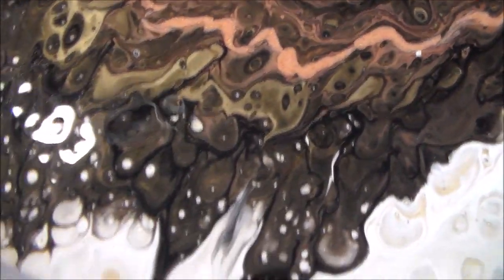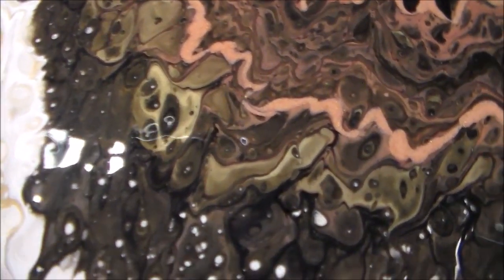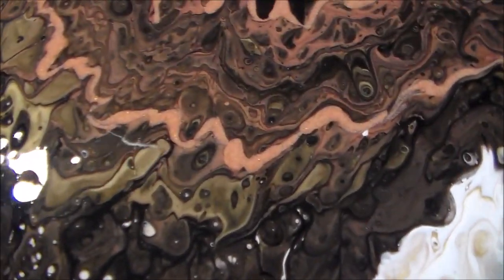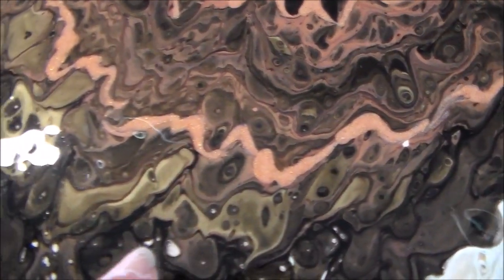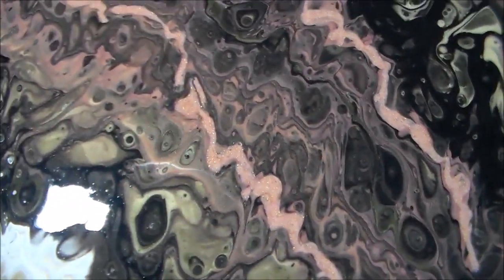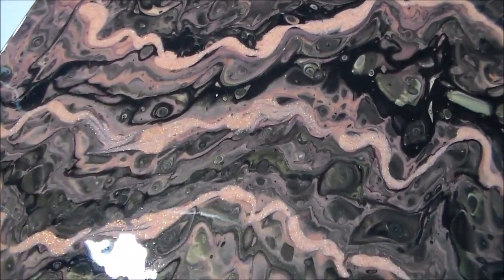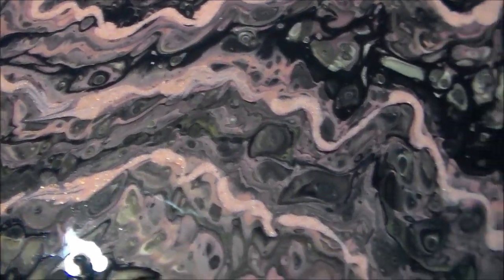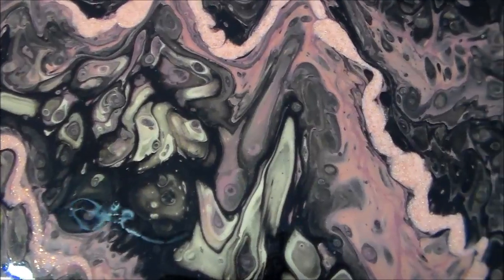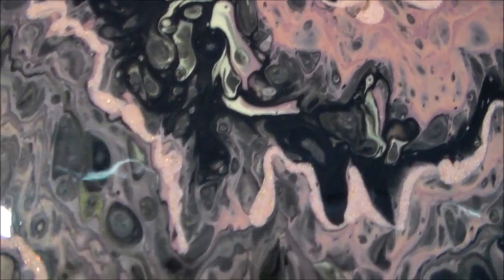And then we've got a nice interesting section here where I tilted and the darker colours have gone over the white, and that's created a nice interesting section. And again, where we've got the dark colours next to it, we've got this line of gold, which is going to be nice and sparkly later on. And then of course our lines of the fire opal glitter paint, which I hope is going to come out really nice. And you can see a lot obviously of the copper and the bronze coloured paints,